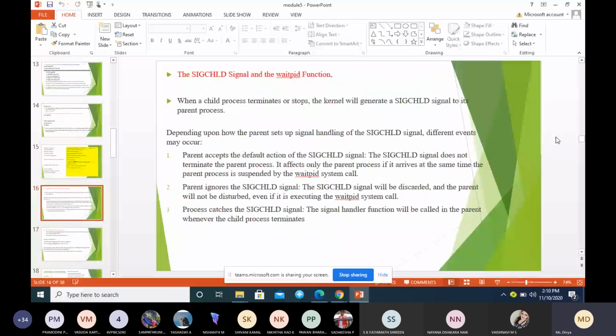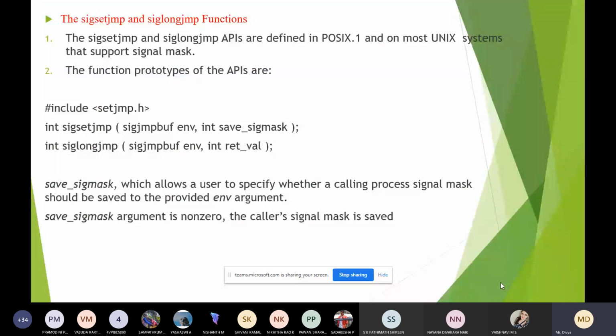So moving on to the next one, that is sigsetjmp and siglongjmp. This is similar to the setjmp and longjmp APIs that we discussed in the previous module. This is related to signals. Here in the sigsetjmp and siglongjmp APIs,